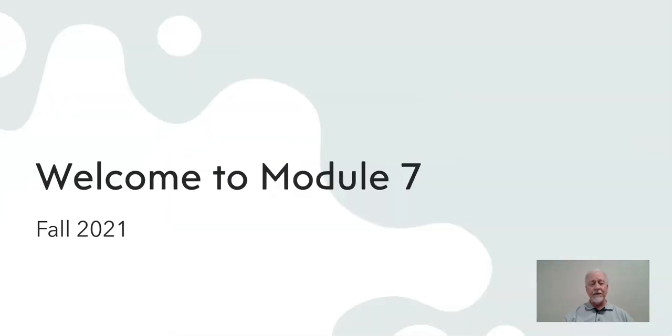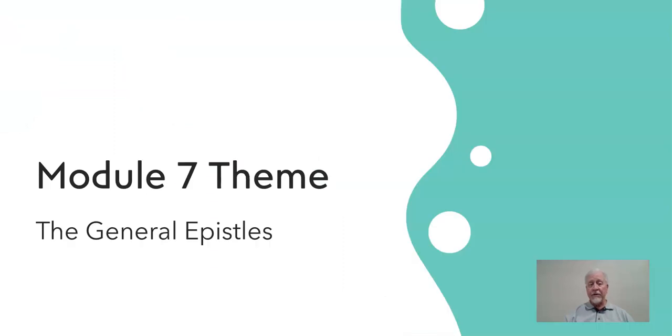I wanted to stop by this evening and welcome you to Module 7, which of course you know is for us also week 7. We are 3/4 of the way through with this class, so what a great class it has been. And it has been an honor for me to share in this learning experience with you. So the Module 7 theme is the general epistles. Those are the epistles toward the end of the New Testament, beginning with the book of Hebrews, and are very, very important to our understanding. Some great themes for us to be able to consider together this coming week.